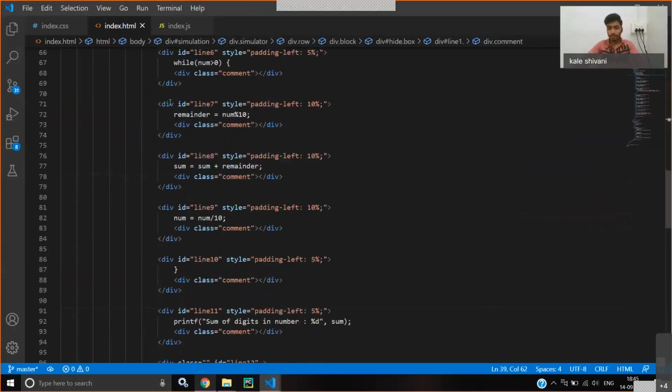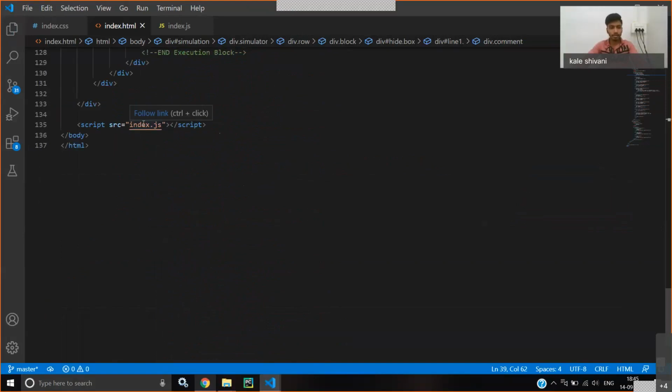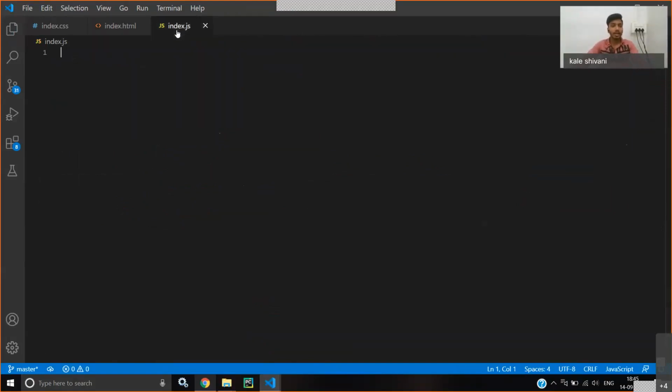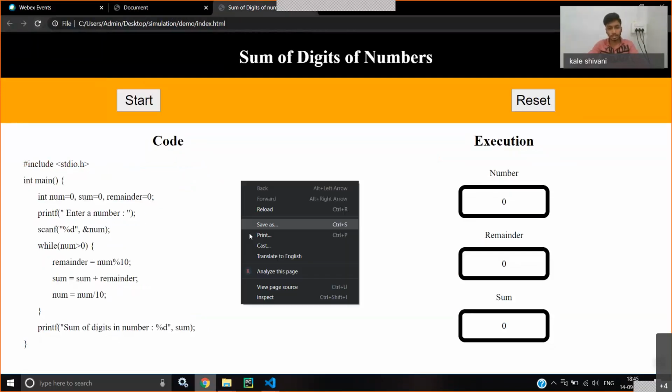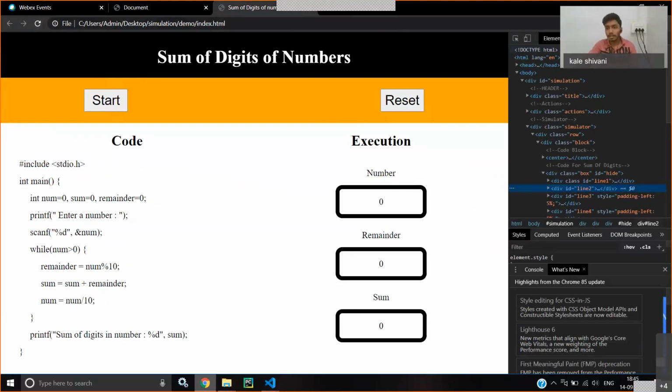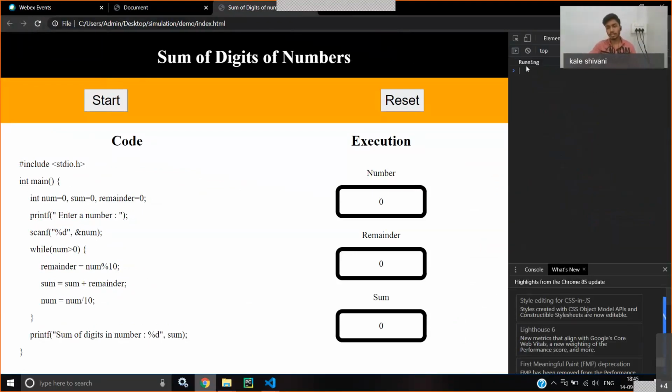Right now, I have linked my JavaScript file at the bottom of the page, and inside it, I haven't written anything. So first thing, let's try whether it is working or not. console.log running. In JavaScript, you can give a semicolon, or if you don't, it is perfectly fine. Okay, so we refresh it and go to inspect, and inside console we can see the running statement is there. So our JavaScript is perfectly linked.